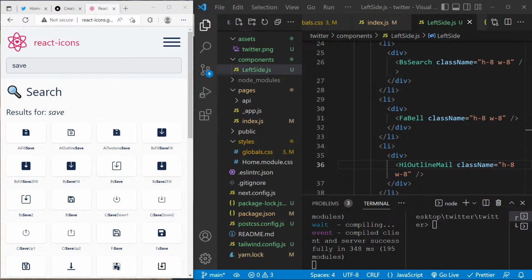Microsoft Edge needs a lot of power usage. Okay,